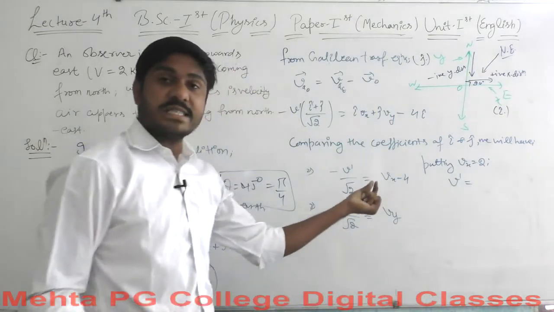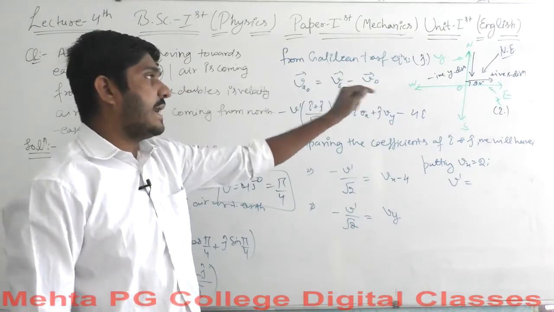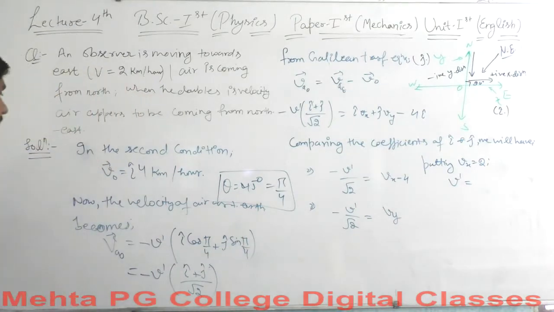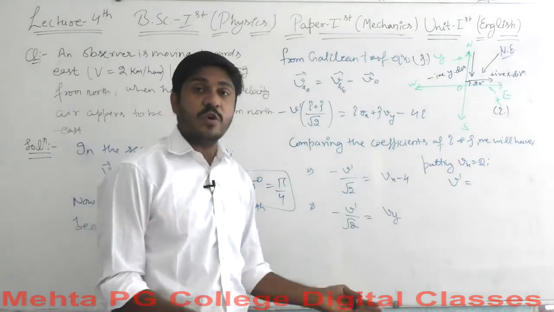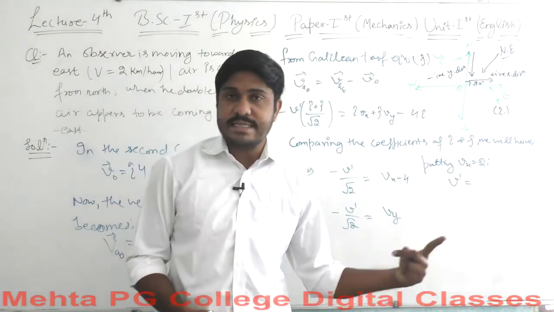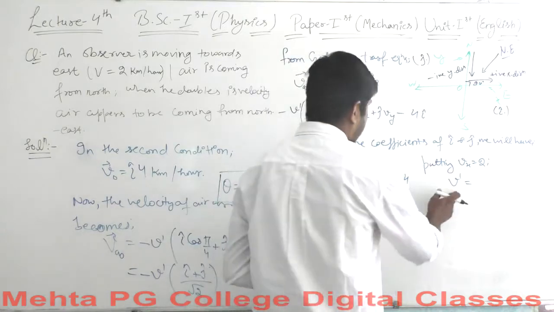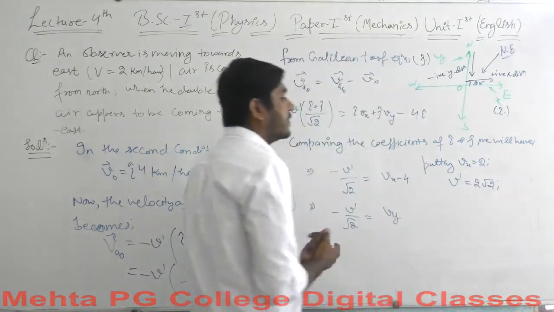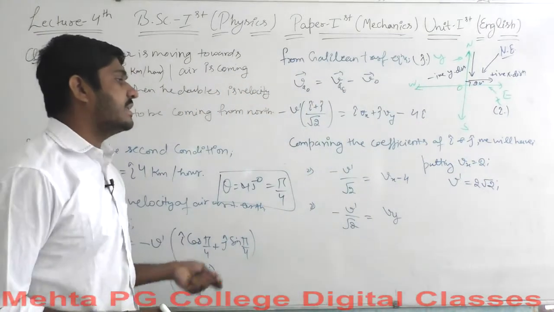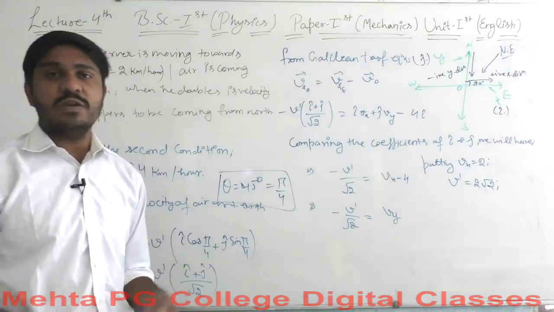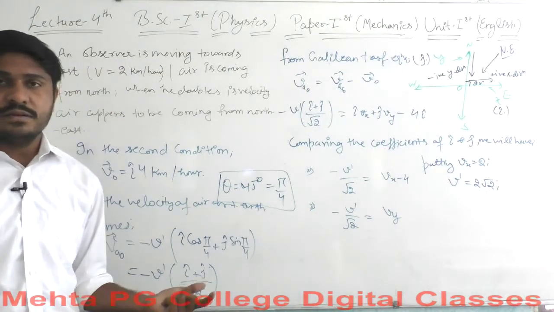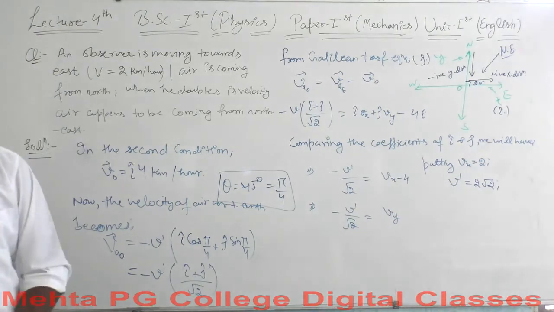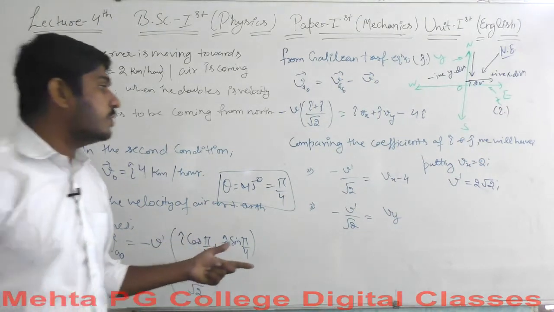Why did we put Vx equal to 2? Because we remember the component along the x axis in this direction is doubled, and increasing the direction will change the reference for the air flow from the north direction to the northeast direction. That's why we use Vx equal to 2, and then v dash will be equal to 2 root 2. Now we have the values for Vx and Vy: Vx is equal to 2, and Vy will be equal to minus 2.